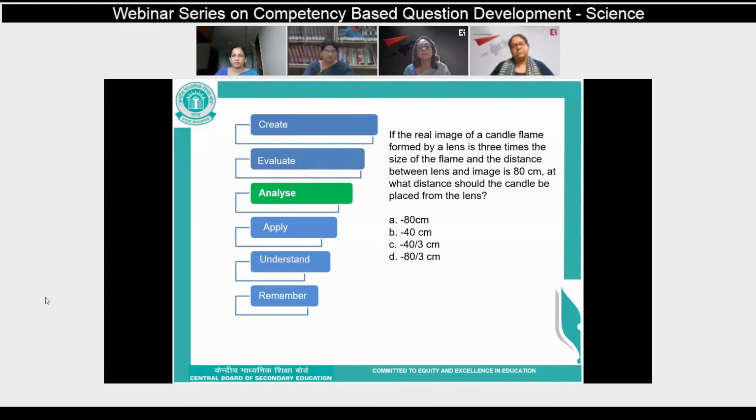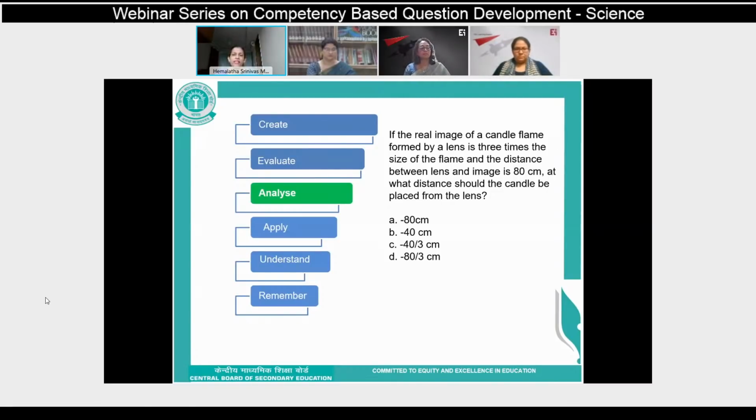Next question. Multiple choice questions can be written even for remembering, understanding, application, analysis, evaluate, and create. As Shweta ma'am already mentioned, in any form we can write these multiple choice questions, but the only thing is proper care should be taken while constructing these items, basically while we are constructing higher level questions like analyze, evaluate, and create. That is level 4, analysis.